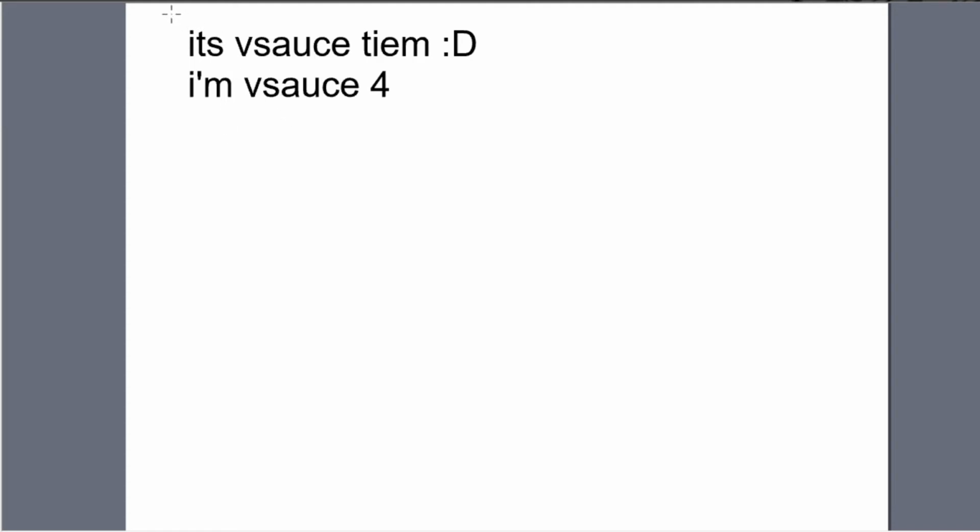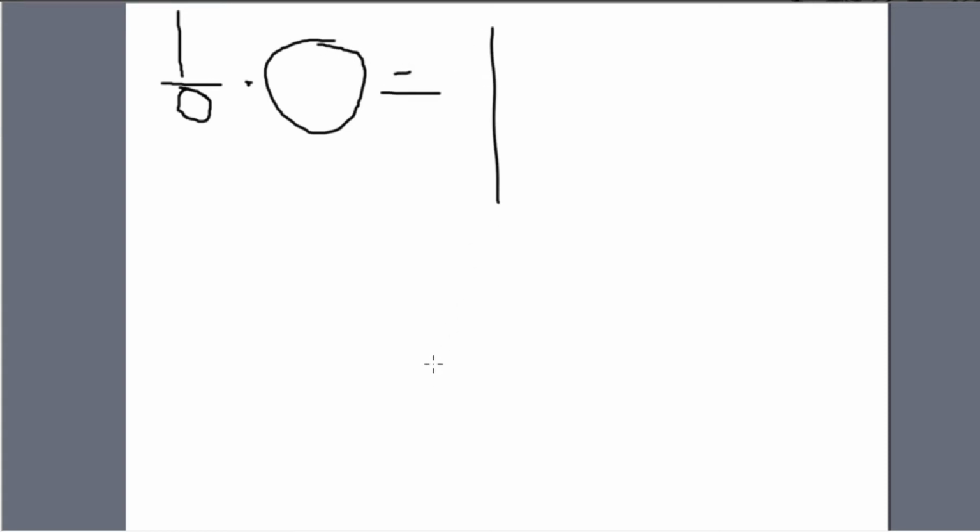So, why can't we divide by 0? Let's try it. Let's just do something simple: 1 divided by 0. By definition, because of stuff like 1 over 2 times 2 equals 1, and other stuff like that, 1 over 0 times 0 should equal 1. Right? The thing is,